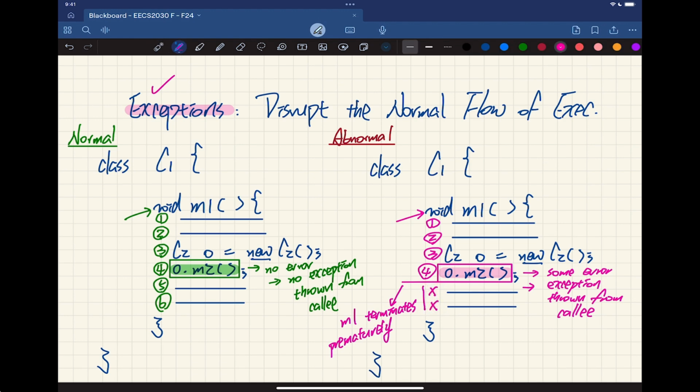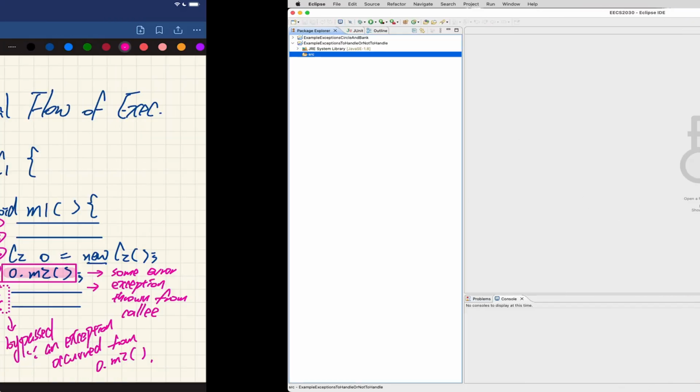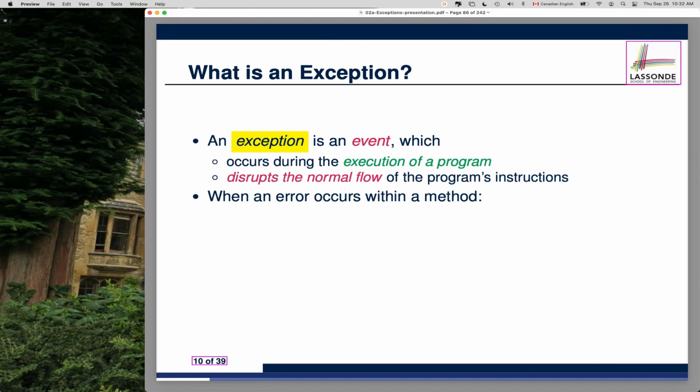So the plus over here, the cross here, they will be bypassed because an exception occurred from O.M2, right? Okay. Let's now move back. Whenever an exception occurs within a method,